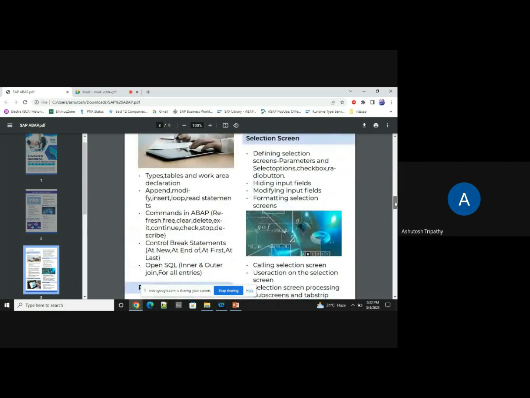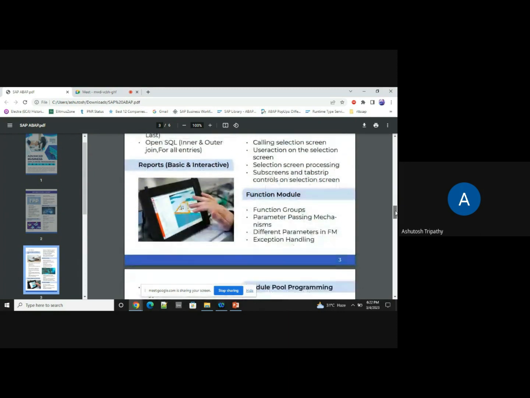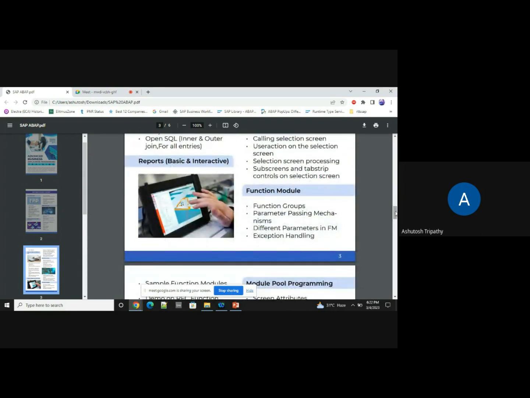Once we learn all these internal table, selection screen, and the backend database object development, then we will be learning this report creation. So what is the report? Report is nothing but, when I'm taking a sales order report, there are few sales order related tables present in the backend. You get all those necessary data from these tables, and then you display according to the user who wants it. A report is nothing but a pictorial representation or a column or row representation of a particular data.